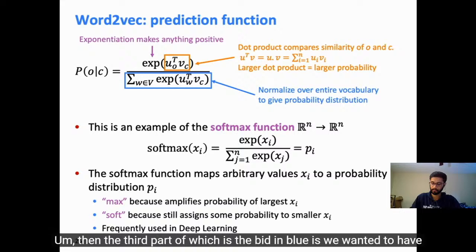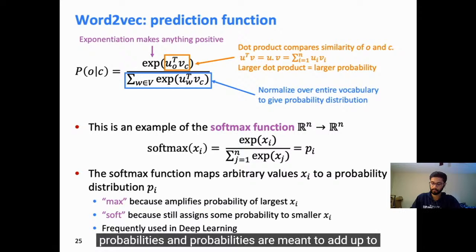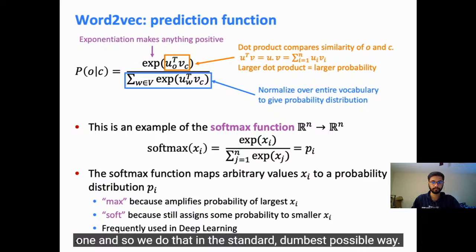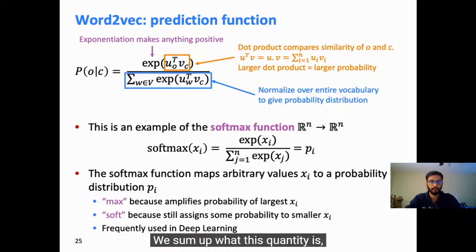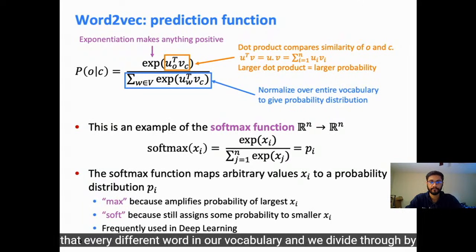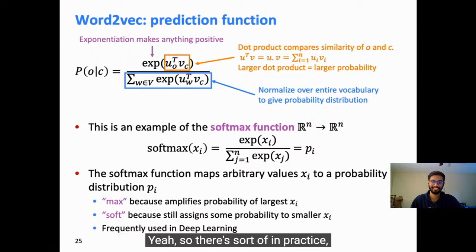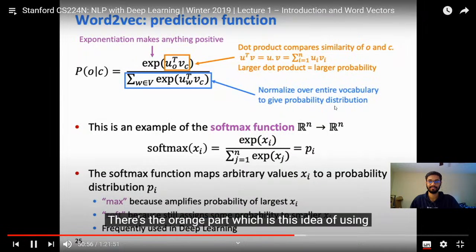Then the third part of it, which is the bit in blue, is we wanted to have probabilities, and probabilities are meant to add up to 1. And so we do that in the standard dumbest possible way. We sum up what this quantity is for every different word in our vocabulary, and we divide through by it. And so that normalizes things and turns them into a probability distribution. Yeah, so in practice, there are two parts. There's the orange part, which is this idea of...